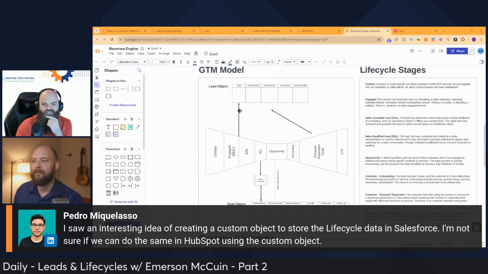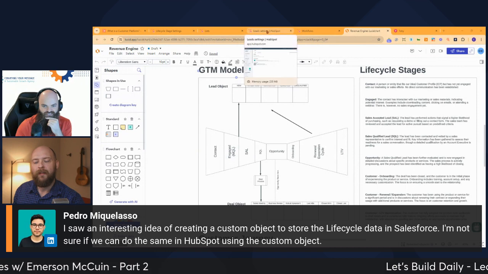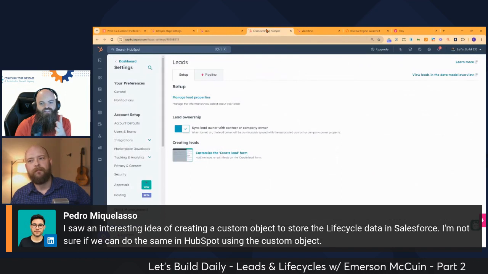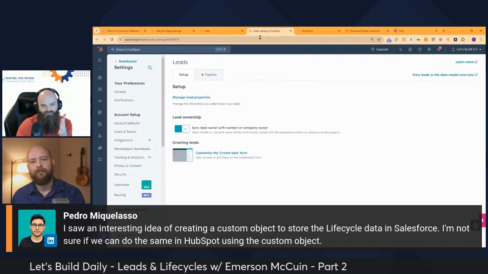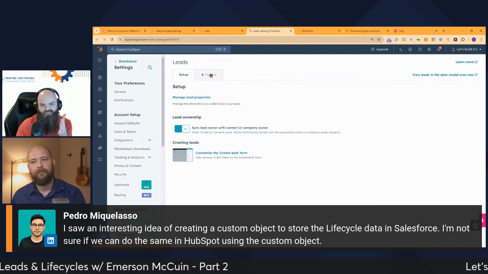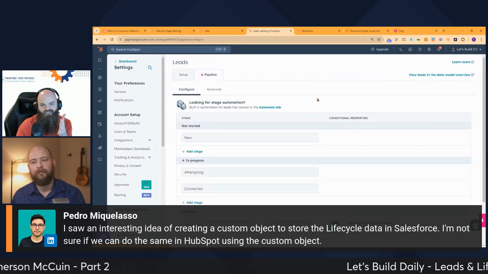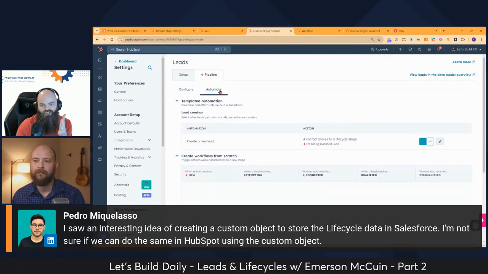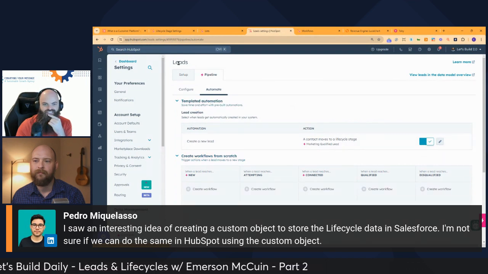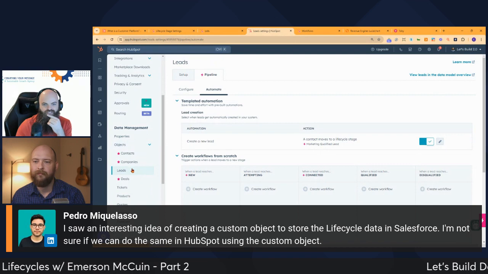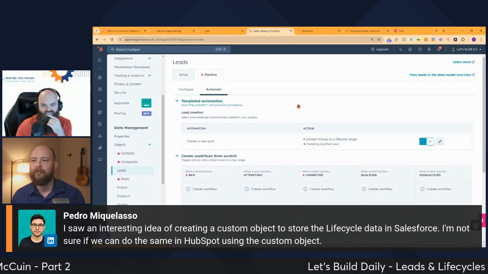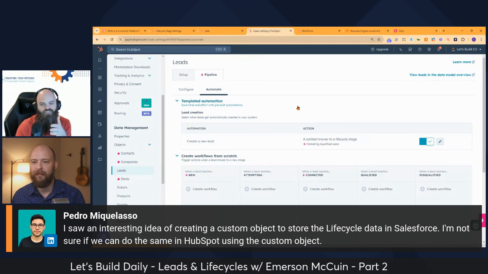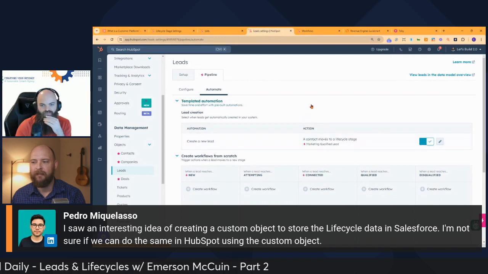Actually, you did say something that I wanted to ask about. So your MQL stage is what generates the lead object? Yes, that is one of the ways, yes. One of the ways, right? Mm-hmm. So let's say that was your only way. We used to, let's see, maybe it's here. So lead creation, this is in the lead settings, right? If you come into settings, objects, leads, and this is the only way that you want a lead object to be created, based on stage, you can use this without setting up automation.